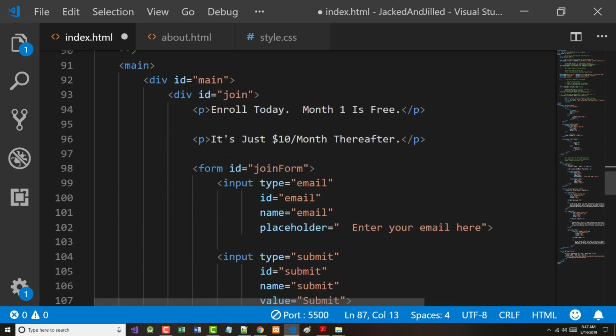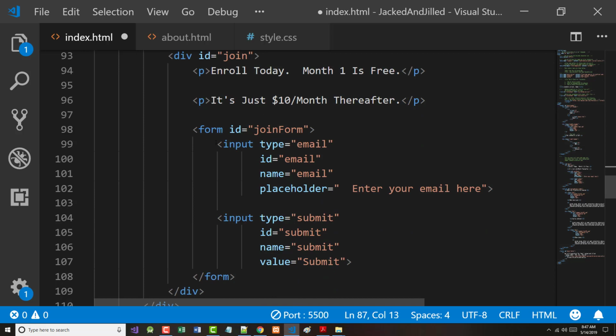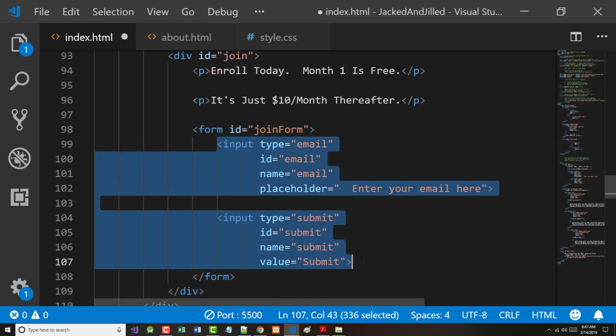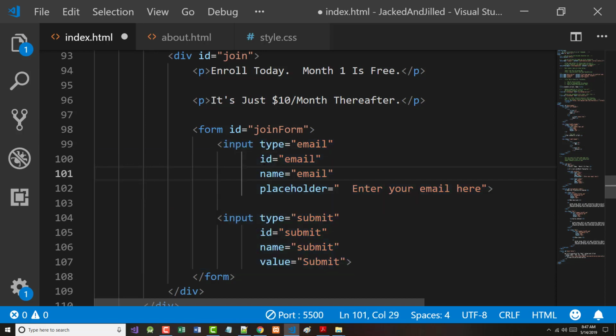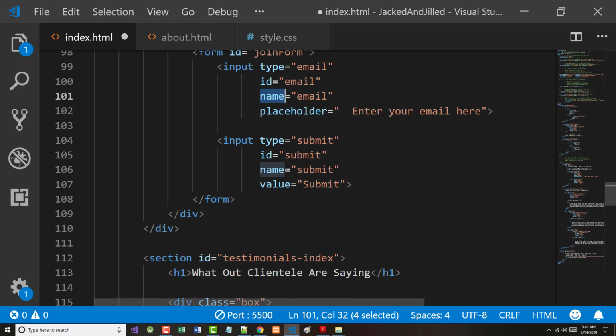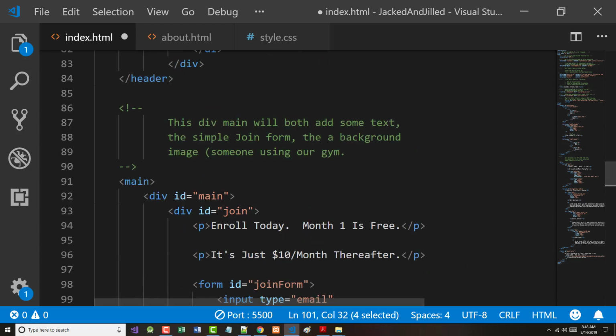Enroll today, 1 month's free. Here's the form. The form is very simple. It has two elements in it. An email element, which is of type email. All right. The ID is email and the name is email. That ID will be used with JavaScript code that we're going to write later. If we were to write server-side code, PHP, ASP.NET, Java server pages, etc., we could use that name property. And this just makes sure we've got something in there. All right, now we've got our submit button. All right, so that's the first part